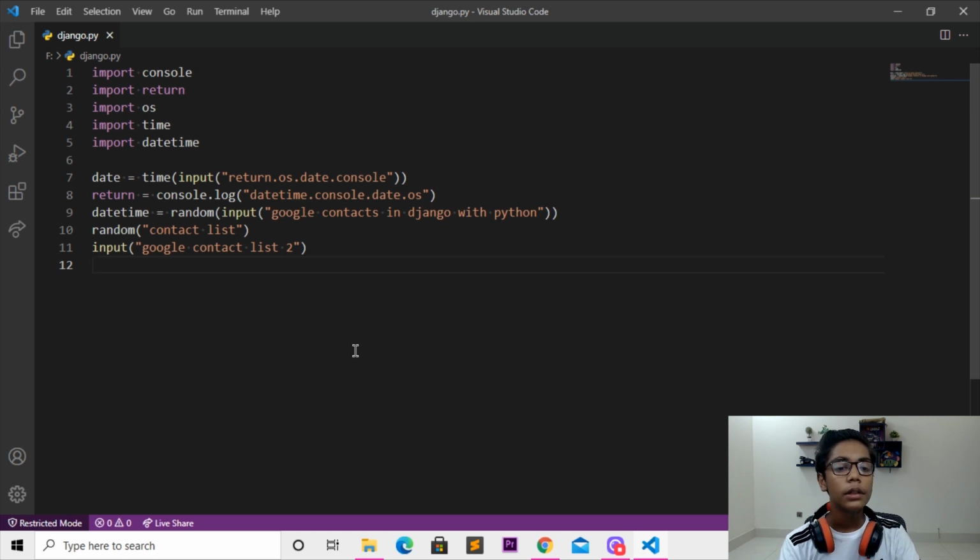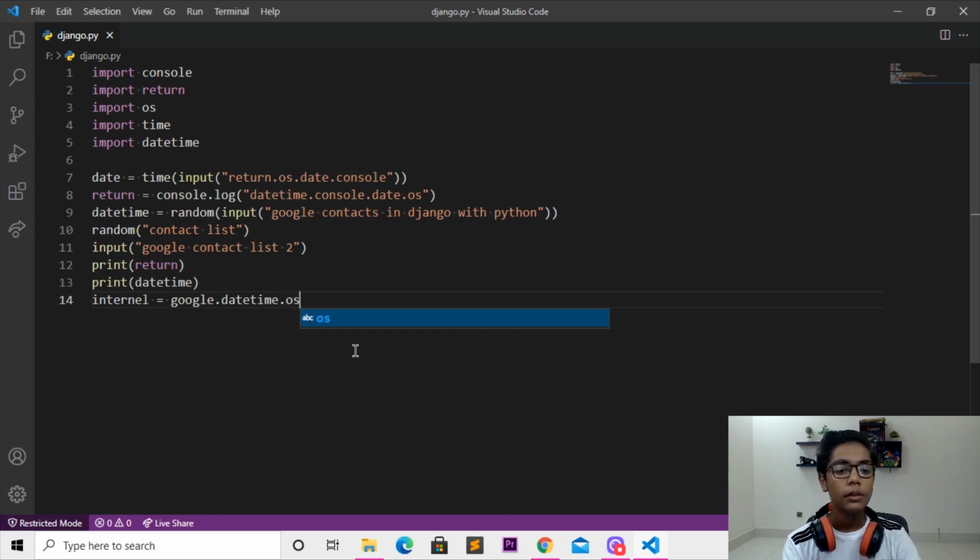So just when you're done with all that, you have to print some of the things here which we are writing. You have to print this return, and print this datetime also here. So you can see we are done with that. Then I'll be moving down here, and when you're done with that, you have to write a tag which will be like now internal. Then you have to write equal, then write Google dot, then change that to datetime, then write dot, and then change that to a tag which will be